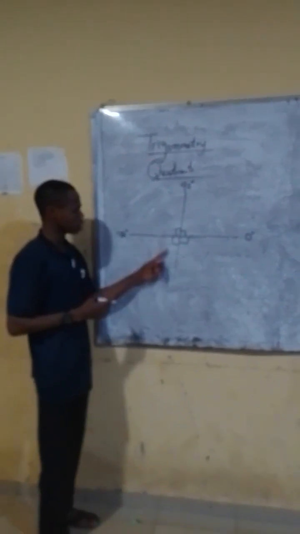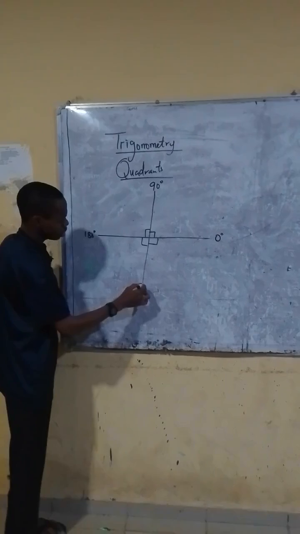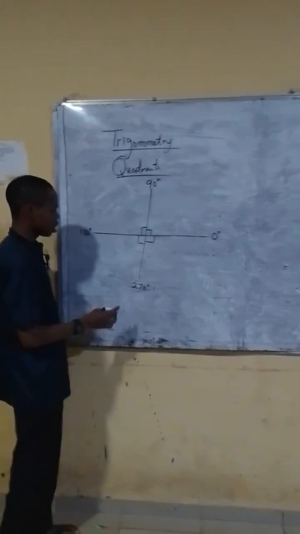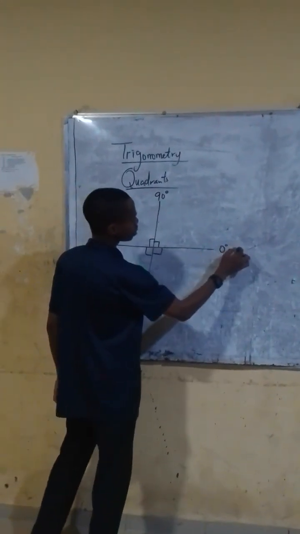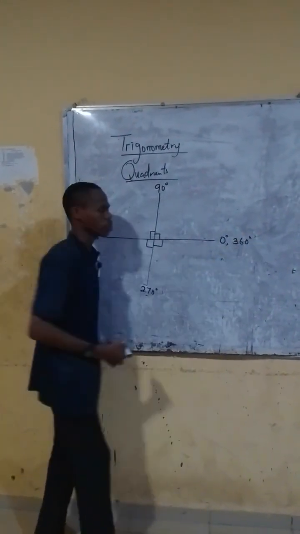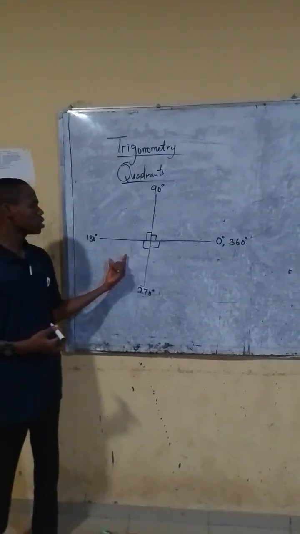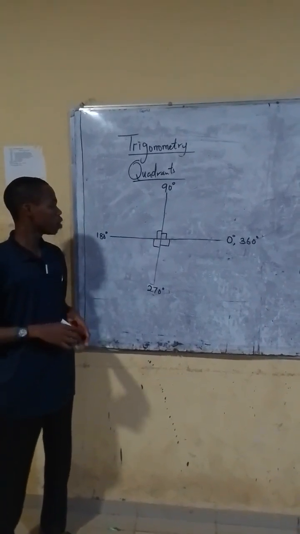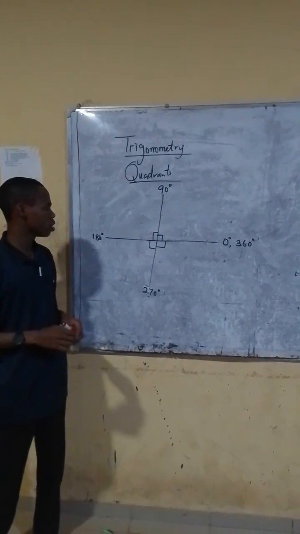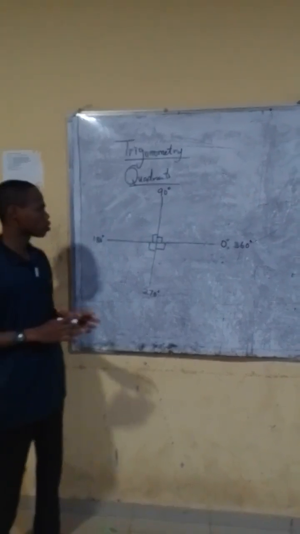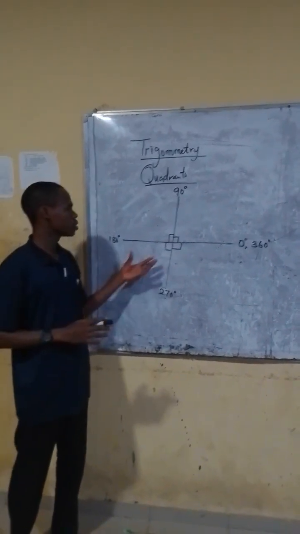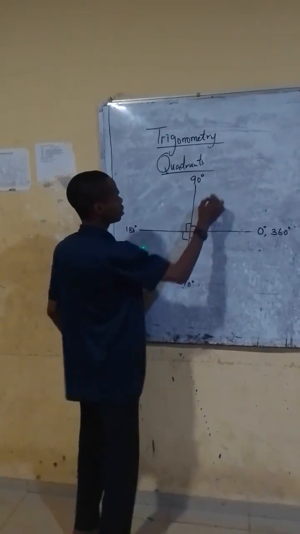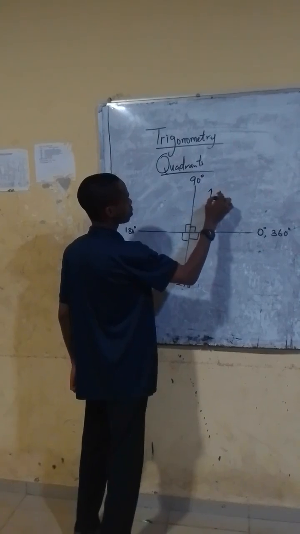As well, to here is plus 90 again, which will make it 270 degrees. And from here back to here will be 360 degrees. So now, when we check this very well, we have 4 quadrants, which is what we are talking about. Because of time, there won't be time for us to be proving anything. For this first quadrant,